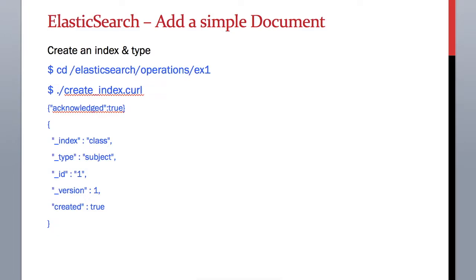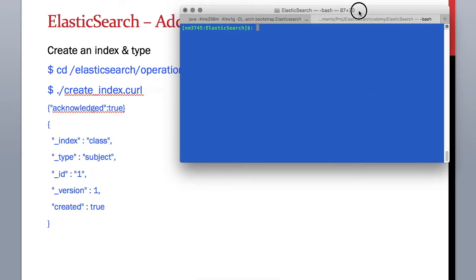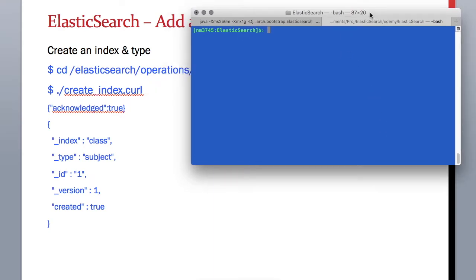Now we know how a read or retrieval operation works behind the scene in Elasticsearch. Now let's add a simple document and then try to retrieve it. Now to do this, what we need is we'll open our terminal, and I have already created a file called